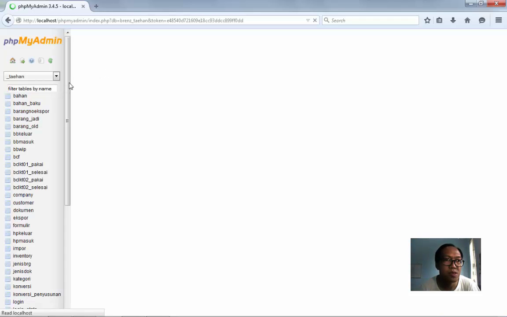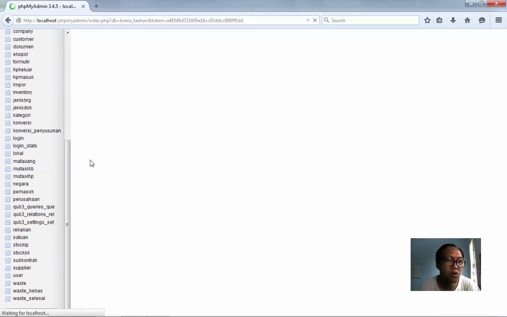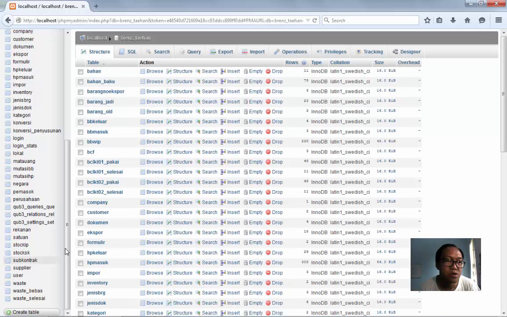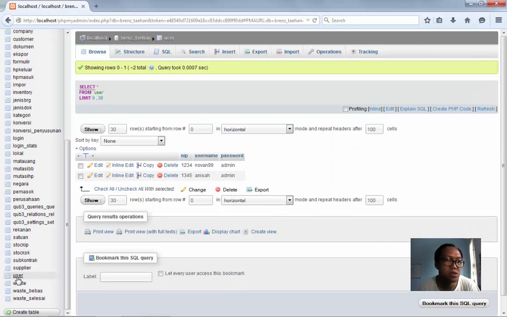For the login purpose, we have to create a table for the login to add the username and password. I'm using the table name user, and I created 3 columns.